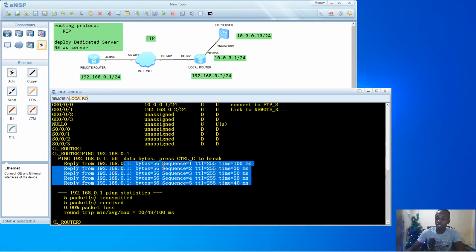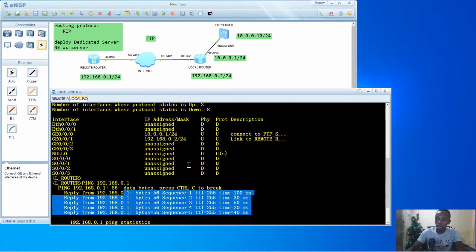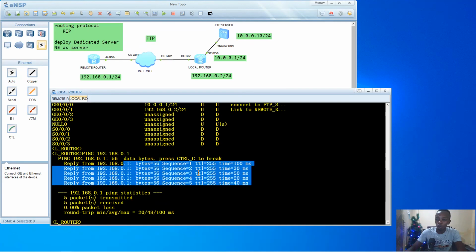That is the first step that you need to make sure you have completed before you proceed with your test. So now the link between the remote router and the local router is fine. So what next? We have to make sure also the points between the FTP server